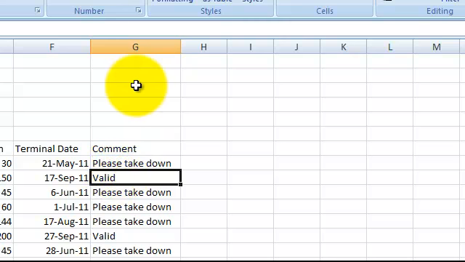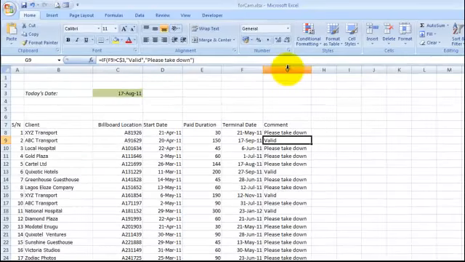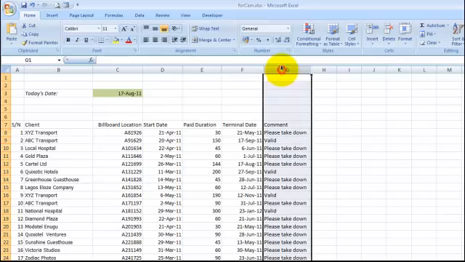Now, the next phase of this tutorial will examine the use of conditional formatting to flag it such that we apportion specific colors to specific comments. For instance, I want Please take down to reflect as red, whereas Valid to show as blue for easy identification. So the first thing to do is to highlight the G column like this, and then we move